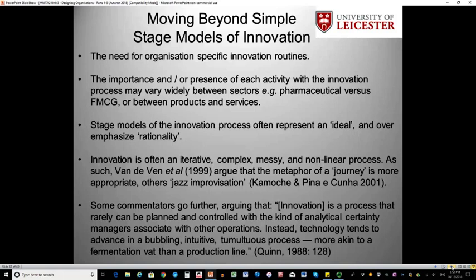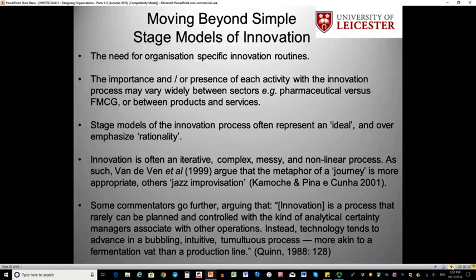And actually, you can imagine that the stage model and its simplicity might help to reduce some of that messiness and reduce some of that complexity. But we don't want it to kill all that messiness and all of that complexity, otherwise it might kill the things that actually allow us to be innovative and creative. So there is a tension between